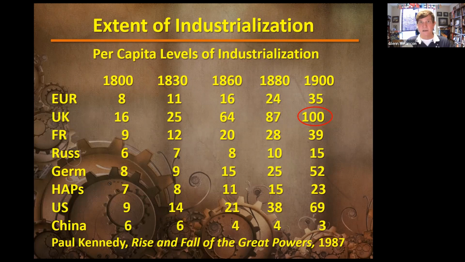This is the measure to have a compare and contrast of England or UK over time, as well as other countries. So the 100 doesn't, quote, mean anything except it's the benchmark created by economists to measure change over time and over place. Right? So if we look at England, or the United Kingdom, this one row,